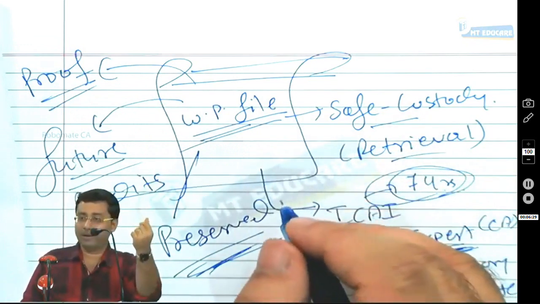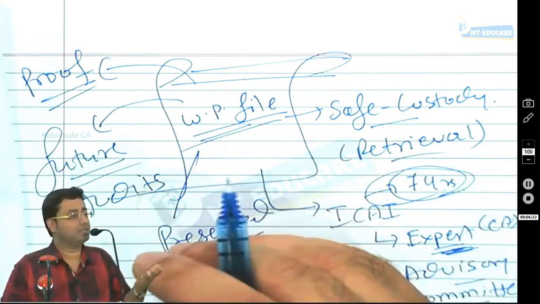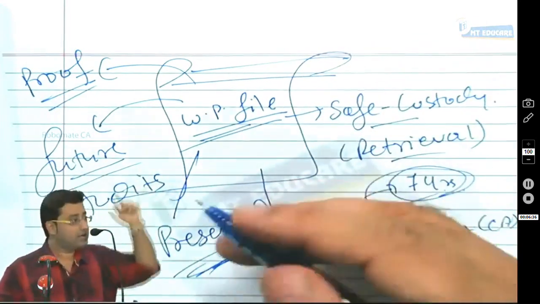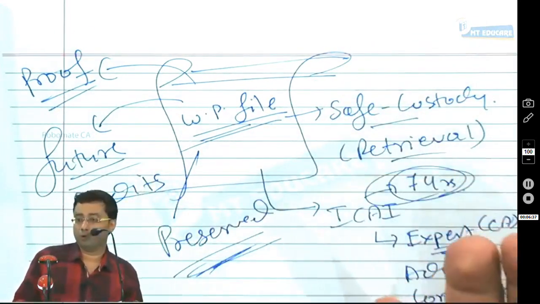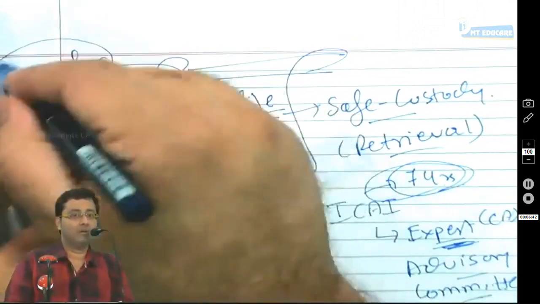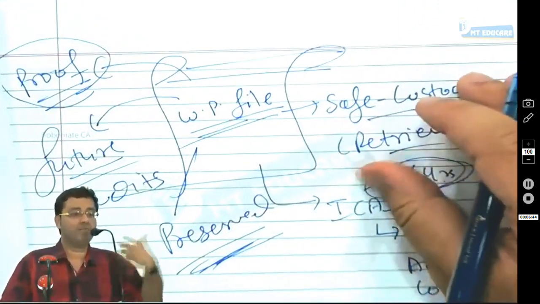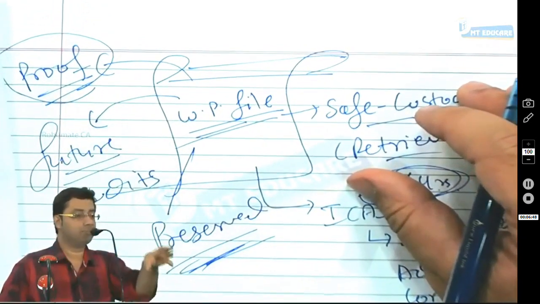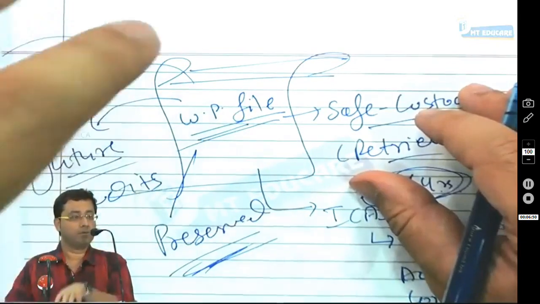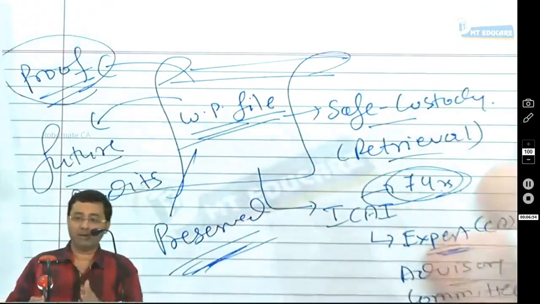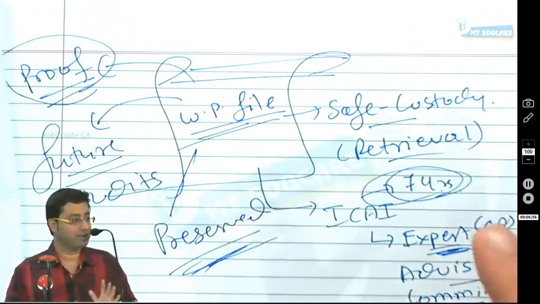Otherwise, when you go and obtain remuneration from your client, the client will ask you, did you check this? Did you check that? Now you will say, sir, no, I forgot. Or, yes, sir, I've checked it, but I don't have any proof to show you. Do you think the client is going to trust you like this? No. The client always requires some proof. How will you justify your work to your client? Only on the basis of your working papers, that you really did something for him. So working papers always act as proof in a court of law and in front of the client that an auditor has really performed the audit in good faith.